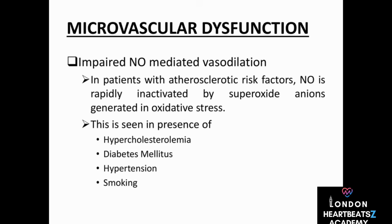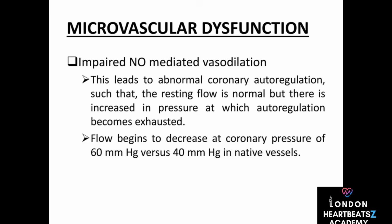Anything else that can cause problems in the microcirculation? Yeah, another big factor is problems with nitric oxide production. Remember, nitric oxide helps dilate blood vessels, and anything that messes with its production or how it works can really affect blood flow, especially in the microcirculation. It's like if a city couldn't widen those smaller streets when traffic gets bad. So instead of opening up when needed, those tiny vessels stay narrow, making it even harder for blood to get